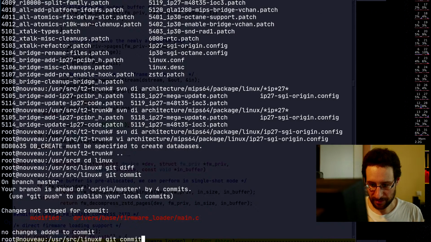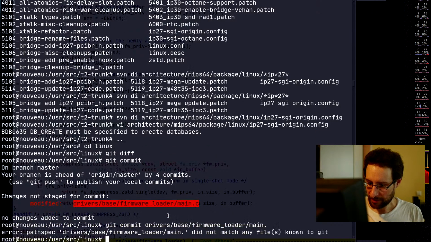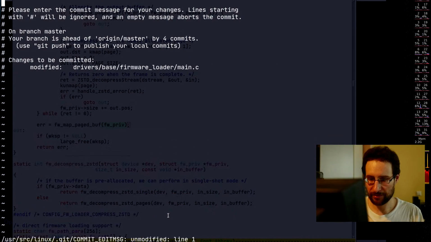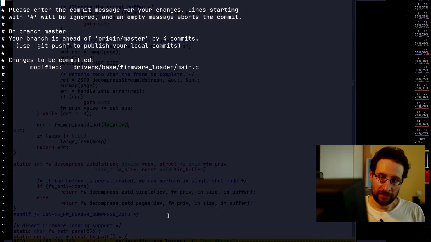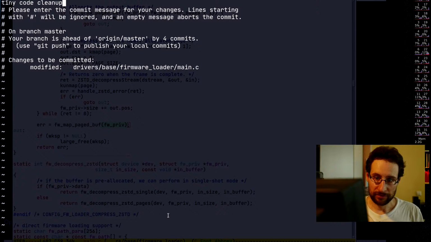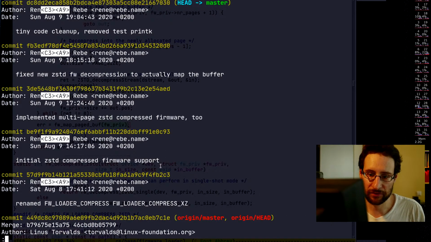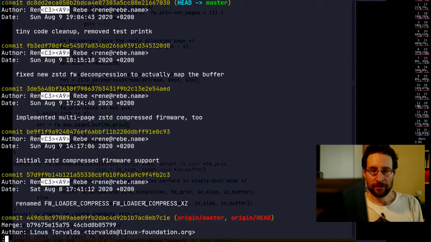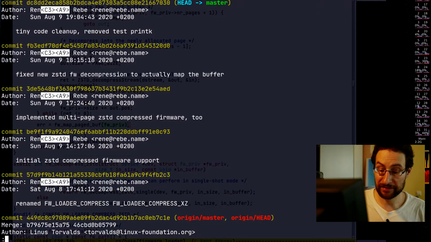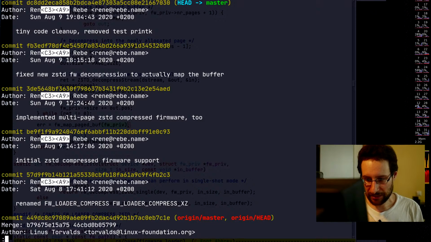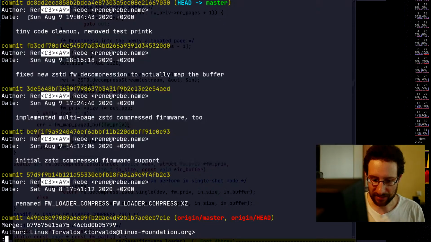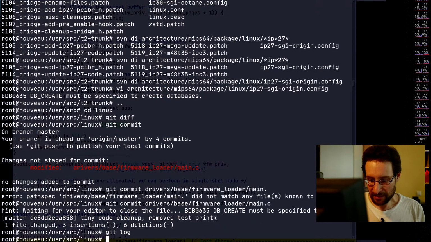So to send this upstream, I certainly need to squash this commit a little bit, and a tiny code cleanup, removed test printk. But honestly, this will not even survive, because I will obviously not send this to Linus Torvalds of all people with these 5 commits for Zstandard compressed firmware loading. So we will most likely squash this stuff together later with a beer or something, and send this